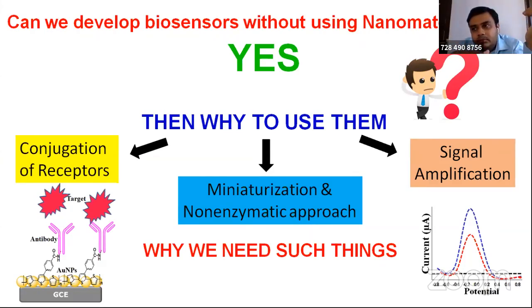But if you transfer that antibody grafted solid matrix into blood or urine or any matrix where the molecule is present, there is a very high chance that the antibody might be washed off, which is a very adverse situation. So the antibody should not be washed off. That is why it has been anchored onto the solid matrix. That is called conjugation of the receptor system.